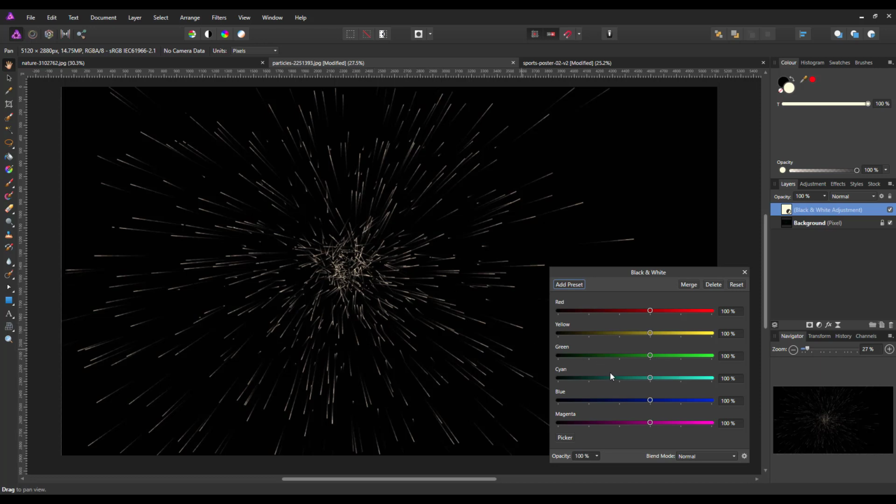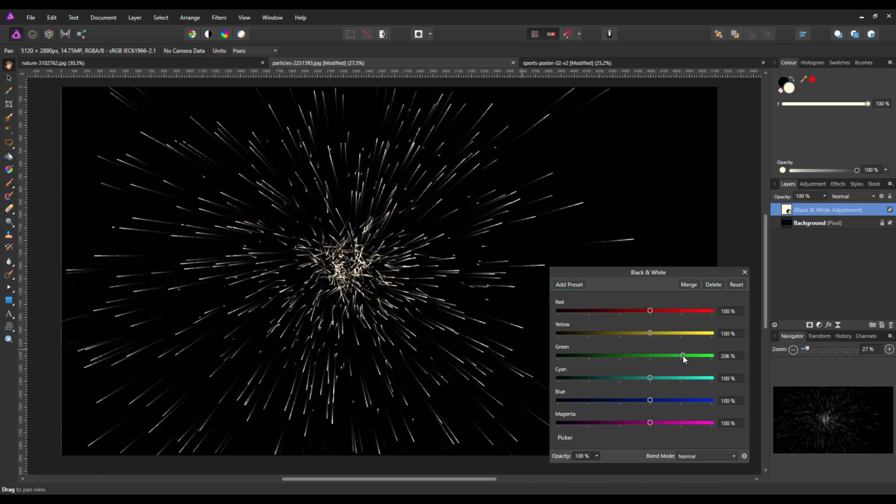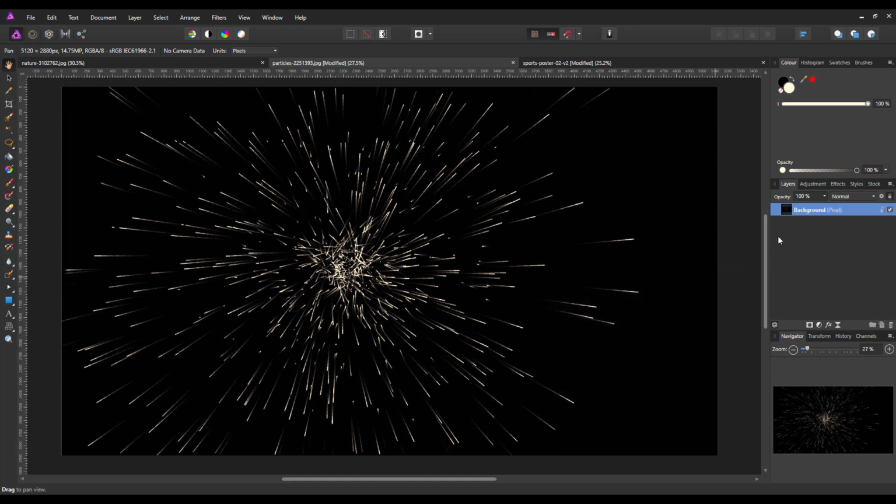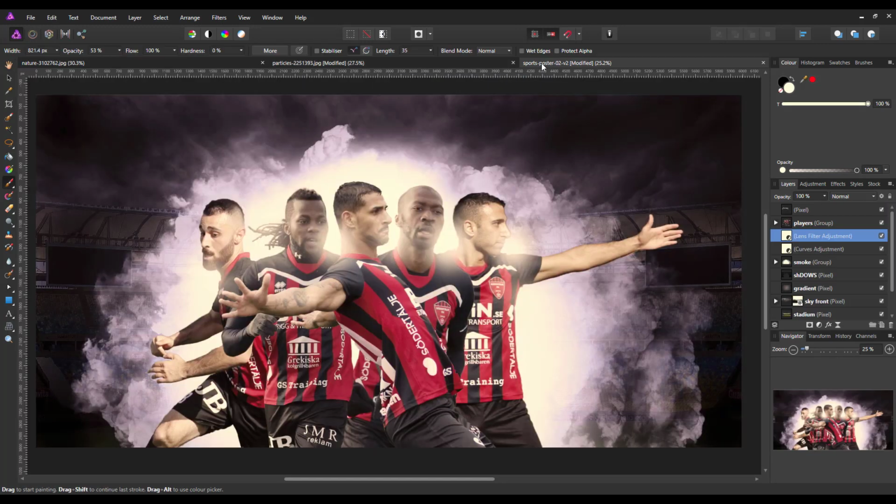I know these lines were green, so I'm just going to bump up the green so they're a bit brighter, and I'm going to merge that in, and I'm going to right click that, copy, come back to our image here, and